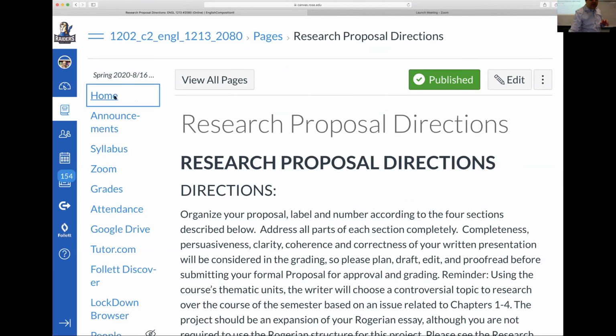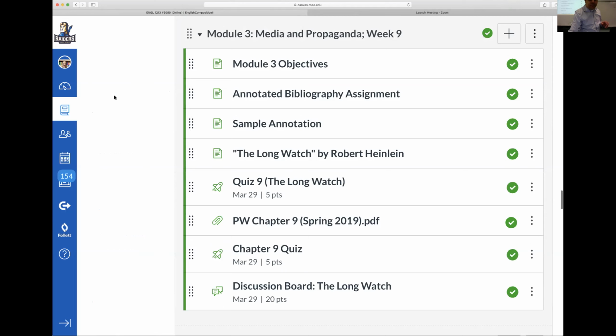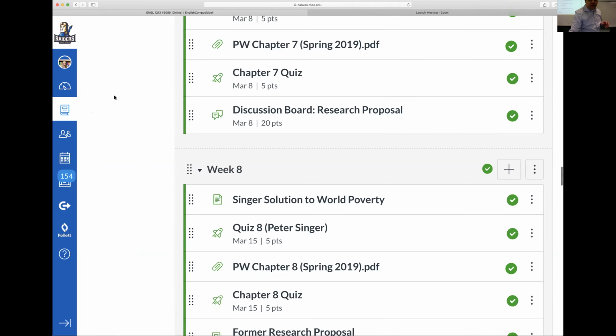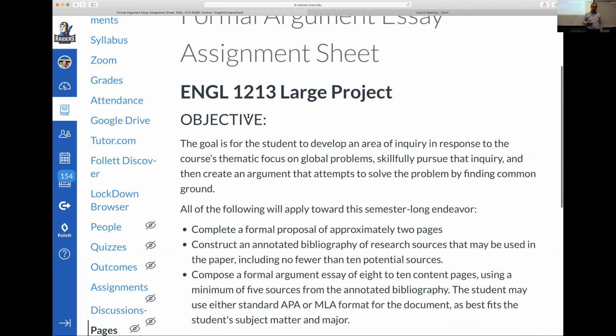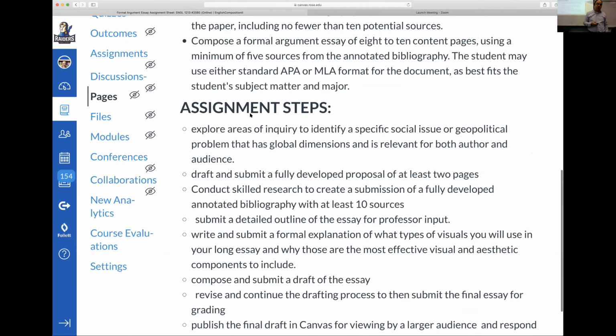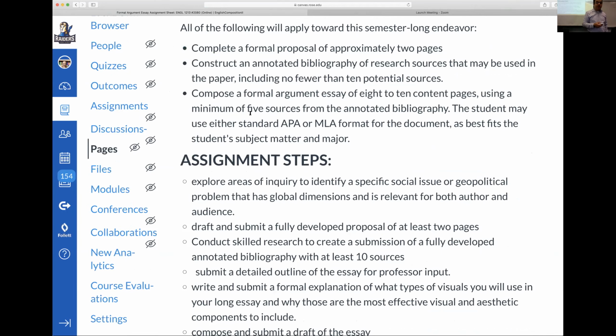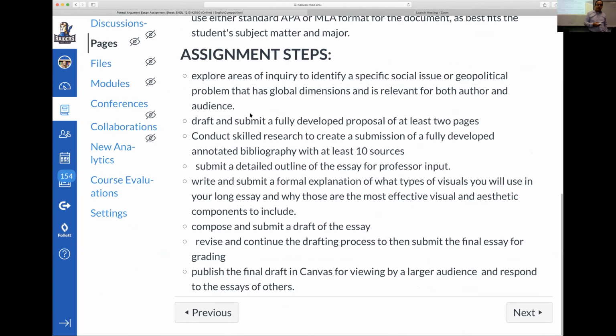placed the assignment sheet for the large project itself, which you can find right here. So the formal essay assignment sheet talks about all the steps that we're going to follow. The formal argument, 8 to 10 pages, and this outlines the steps. You're going to talk about a specific social issue, geopolitical problem, basically the topic from your first essay, and you're